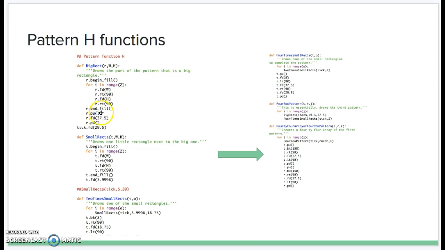Then I would end fill, pick up, and then forward 37.5, then put down. So this next one, def small rect, pretty much draws a small rectangle next to the big rectangle. I go T dot begin fill, and then for i in range 2, T dot forward the width, and then T dot right 90, T dot forward height, T dot right 90, and then T dot end fill, and then T dot forward